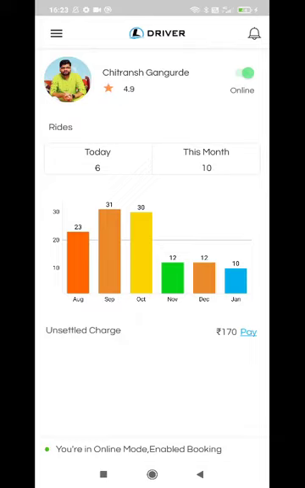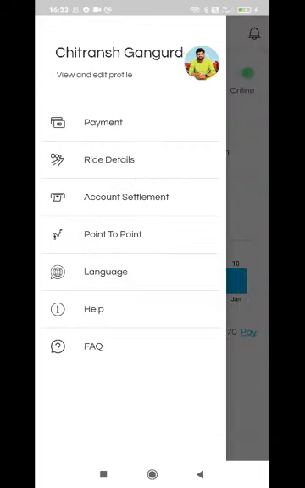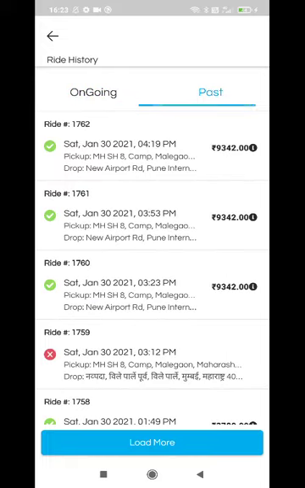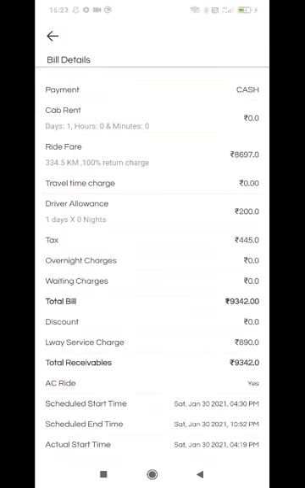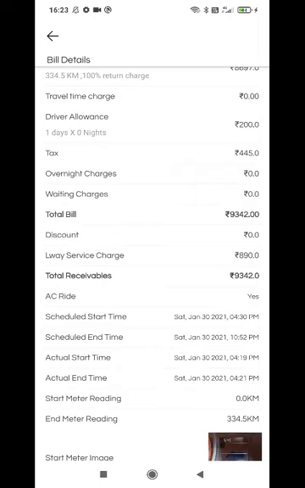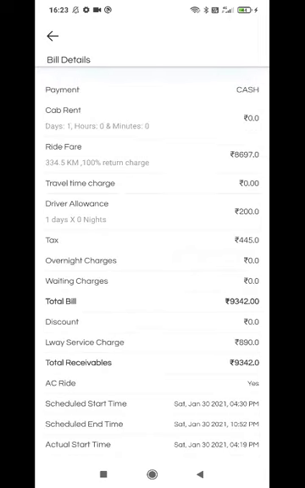If you want to know again, you need to go to the menu, then ride details, then past, then you can see your ride number, and you can click on this I button, and then you see all the details of your billing. This will be shown on the user side also, and it will be in the Airways database also, for reference or in case of any problem during the journeys. You can see all the details here. In the case of remote areas, 100% return charge will be given, but in the case of metropolitan cities, as per the requirements, 50%, 40%, 85% return charges will be given.